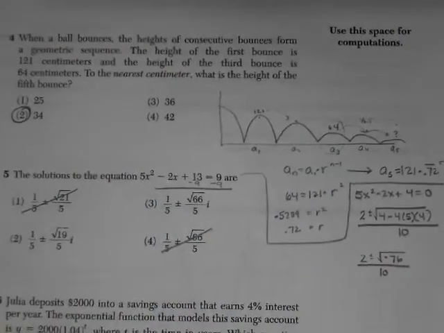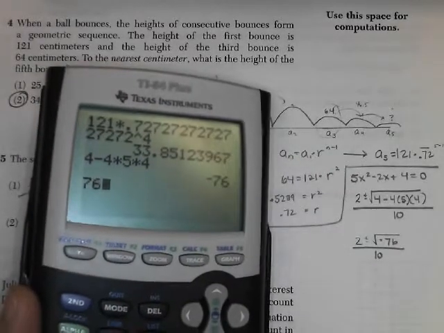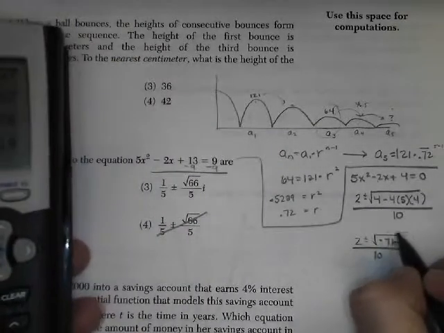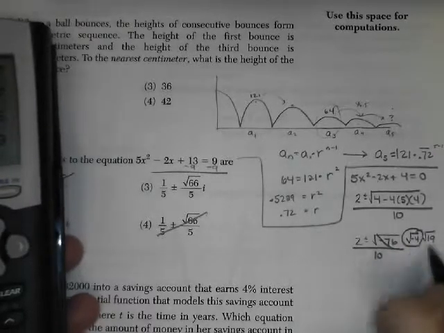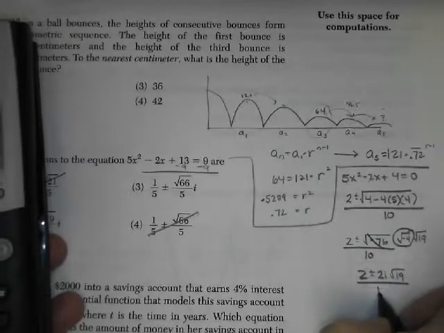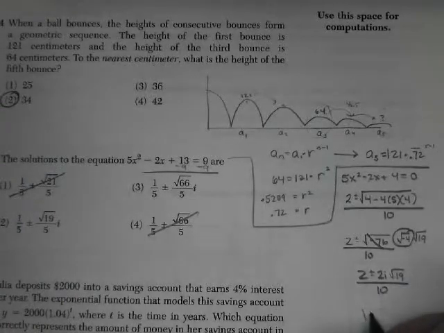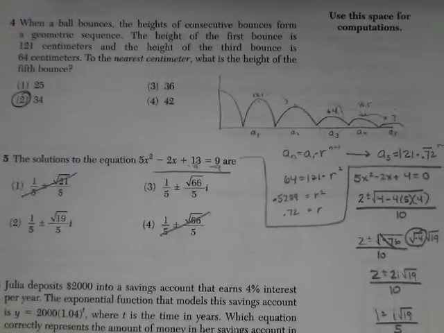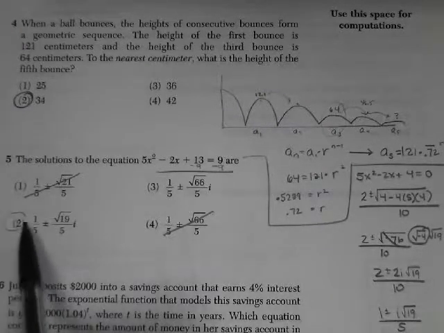So those are out. And then 76, I think a 4 goes into there. So 76 divided by 4 would give me, this is the same thing as negative 4 times 19. So that's going to give me my 2i. So 2 plus or minus 2i root 19 all over 10. And this, and that are all divisible by 2, so 1 plus or minus 1i root 19 over 5. And then this is common, it seems, on the regions. They split this up, so they do the 1/5 plus or minus i root 19 over 5. So that would be option